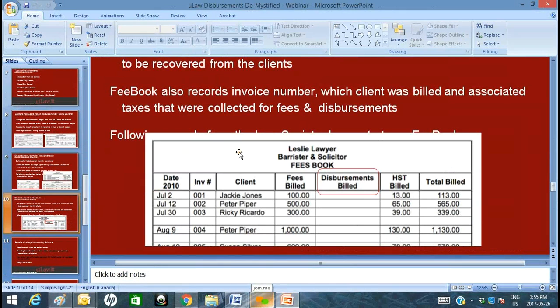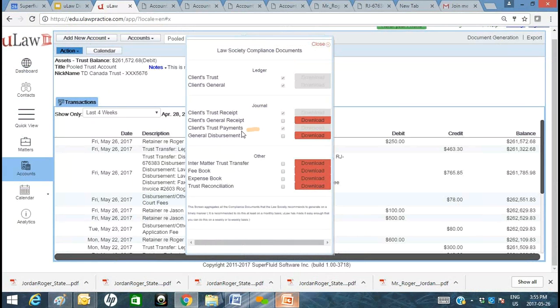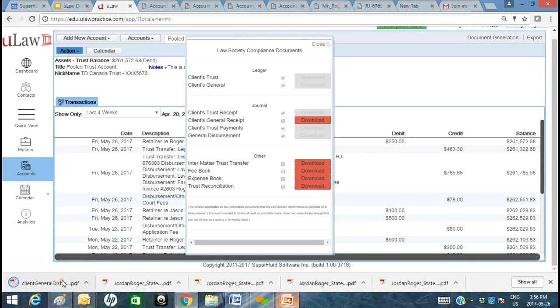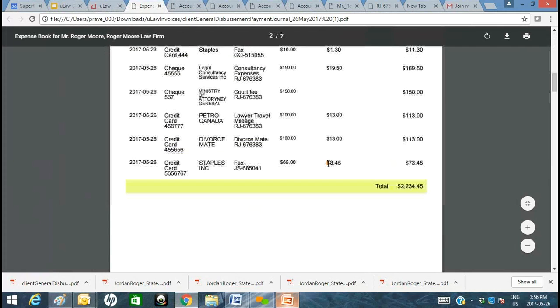The final document that the auditor is looking for is a general disbursement. Okay? Let's quickly do that final document, which is called the general disbursement, and I will do it for the month of May. And let's quickly look at what components this document captures. Very important. It captures the expense and splits out the HST. So going by date,